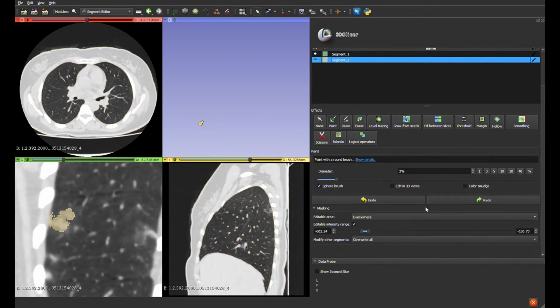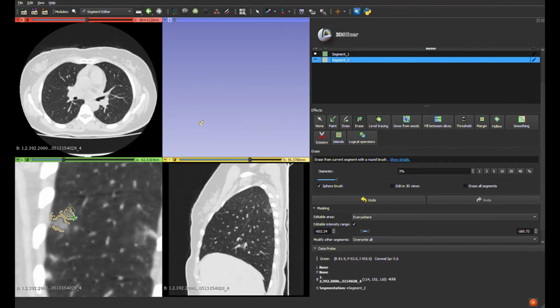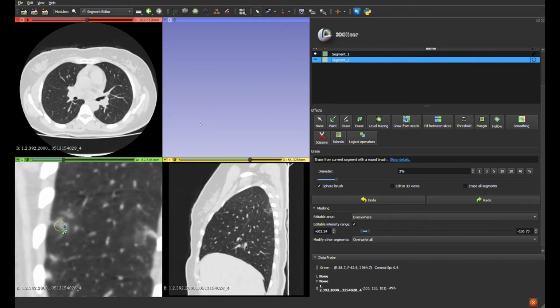So again, you click on use for masking, and then to remove this, you use the erase tool over here, and you erase this whole marking which is done. Or you press undo. So now we again start painting the lesions. Because it was an erase, we need to click on paint, and then